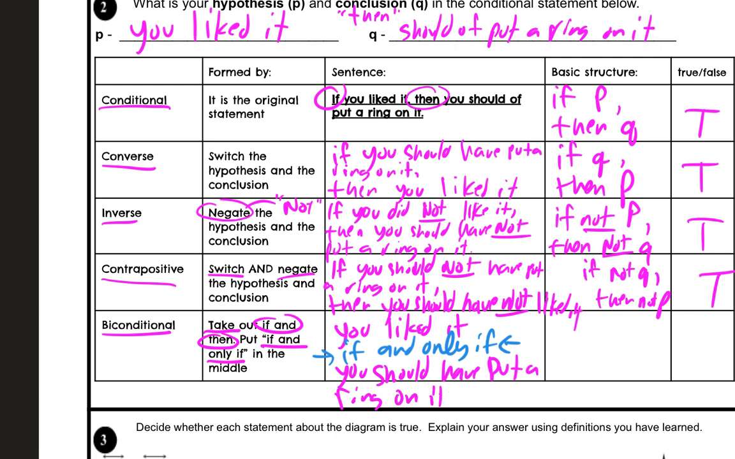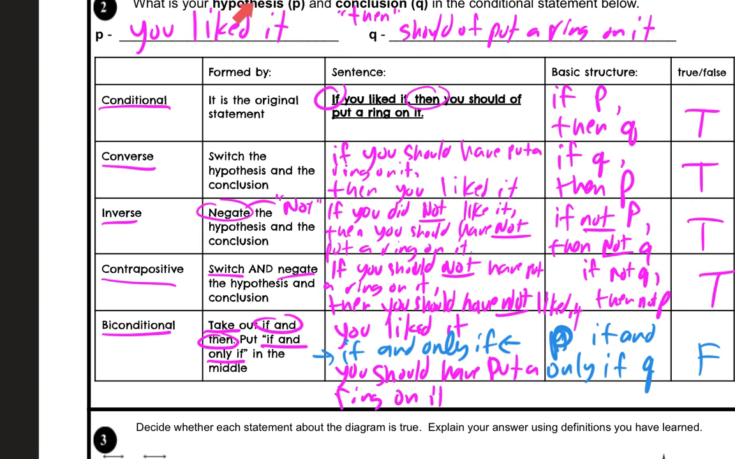So P, right? If and only if Q. Okay, so you liked it if and only if you should have put a ring on it. So does that make sense? You liked it only if you should have put a ring on it. You could have liked it if you shouldn't have put a ring on it, right? You still could have liked it. So that's not necessarily true. That is false. Okay, so I know this can be kind of confusing since it's the first day, but that's